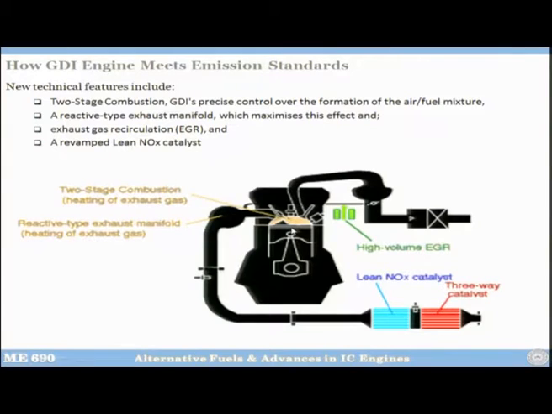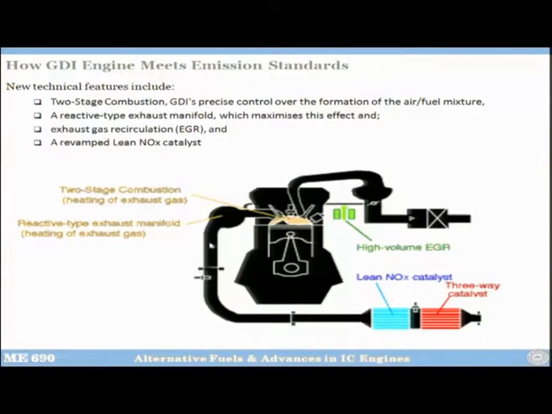And then you see exhaust is very fast. When you put it in the manifold, it runs out quickly, and when it runs out, it takes away a lot of heat. You don't want that 800 that you have achieved by putting extra fuel to run away. You want to extract heat out of it, so that your catalytic converter warms up quickly. So here you put a reactive type exhaust manifold, so that your catalytic converter extracts heat out of hot exhaust gas. Slow it down a little bit. Exhaust gas should be slowed down.